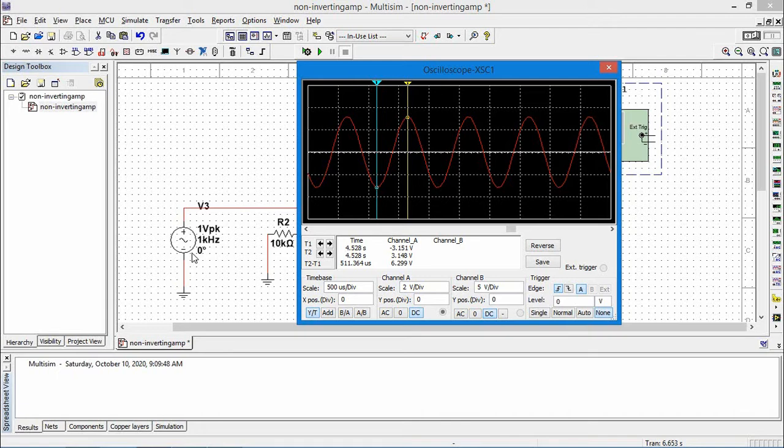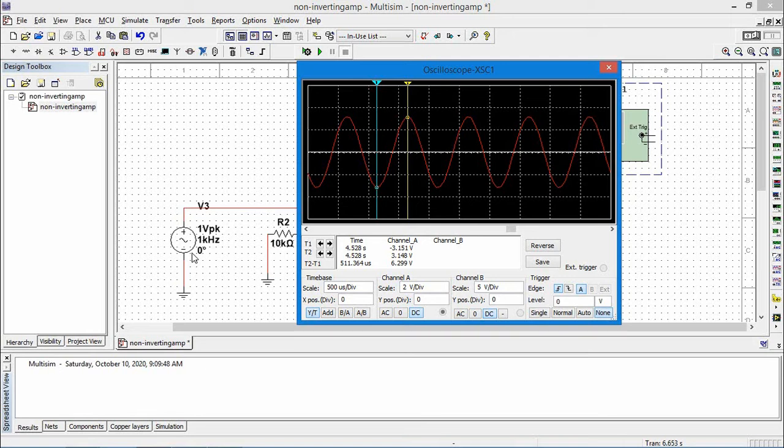Generally, the design procedure is this: the aim of the experiment is to design an amplifier with a certain gain. Based on that gain, we find the components. After getting the components, first we check the results with the simulator. We don't go directly to the hardware implementation, to reduce the implementation cost. If we get the results with the simulator, then we go for the hardware implementation. This is the advantage of the simulator.